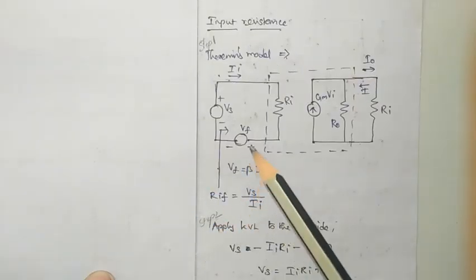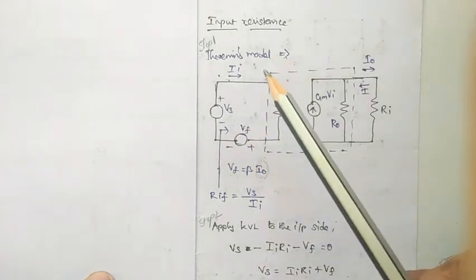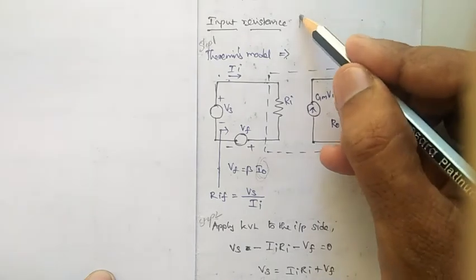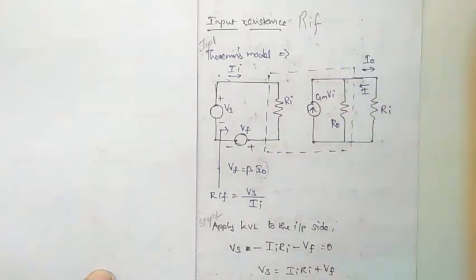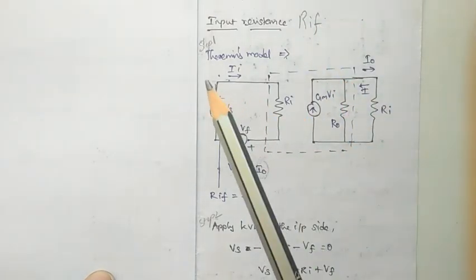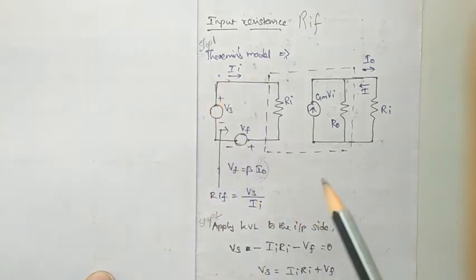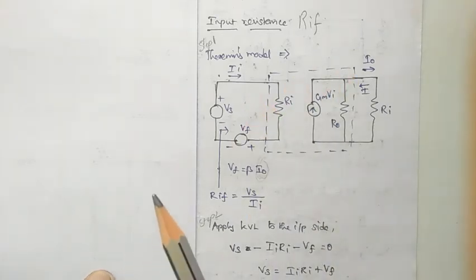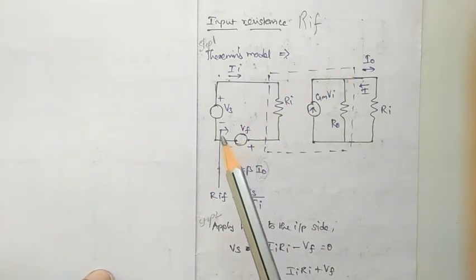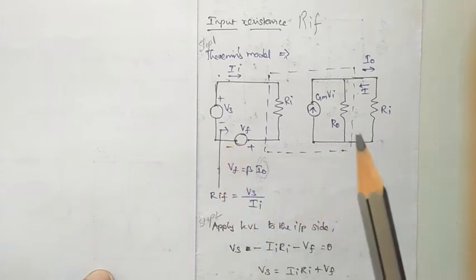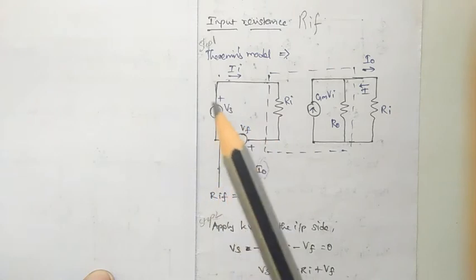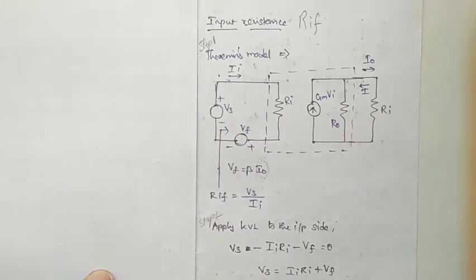In the current series feedback amplifier, we are going to derive the expression for input resistance with feedback, that is RIF. For that, step 1 is drawing the equivalent circuit for the amplifier. On the input side we have the voltage source, and on the output side we have the current source. So we apply the Thevenin's model on the input side, and on the output side we use the Norton's